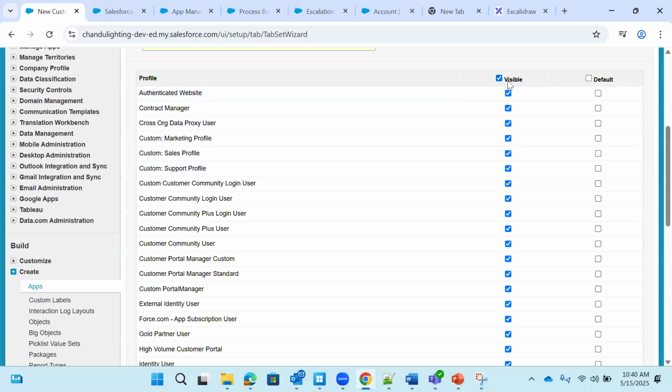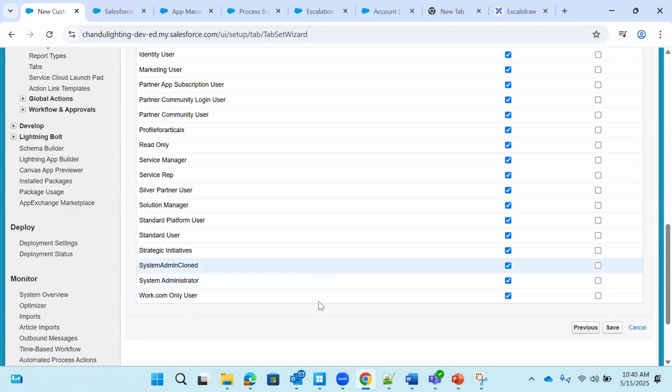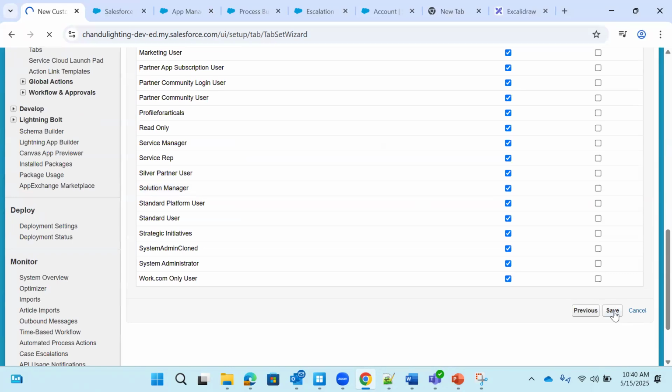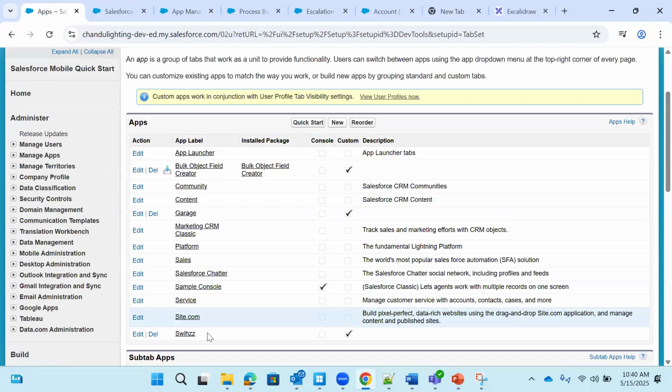Okay, these are the profiles. In further sessions we will understand what the profile is. For now, you can give access to all and click on save. You have to see the buttons also. What are the buttons Salesforce is providing? Now, if you see,